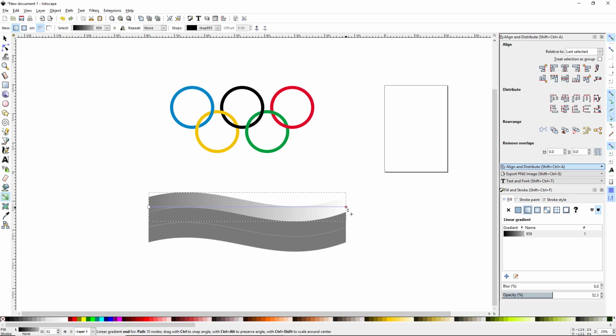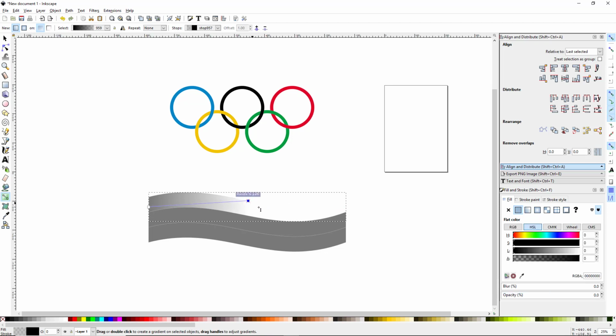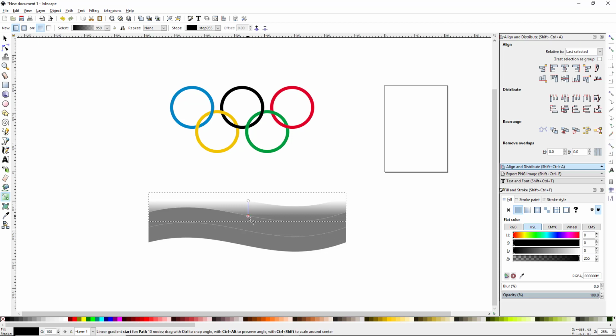And over here where it is white, I'm going to click and drag this right around to the middle of that object, and then grab the other node, and then if you hold Control, you can make it go perfectly vertical. And let's go ahead and uncheck our enable snapping, because it's going to interfere with what we're trying to do here. So hold Control, come back to this bottom one, and we want to do that, and then move this one back up so you can see that whole